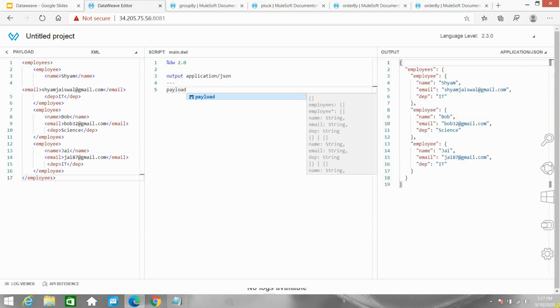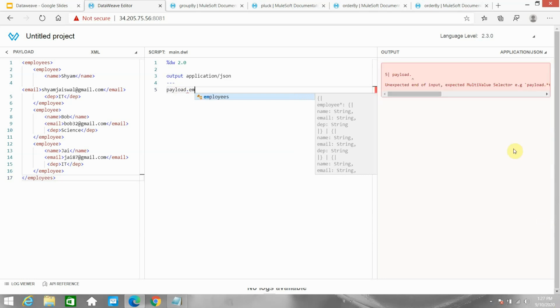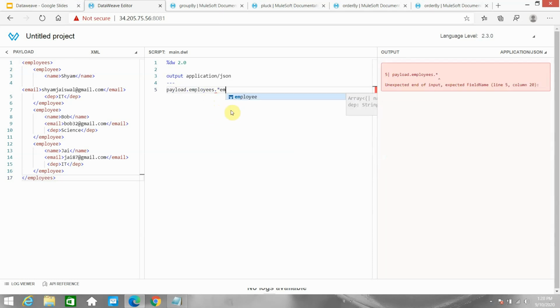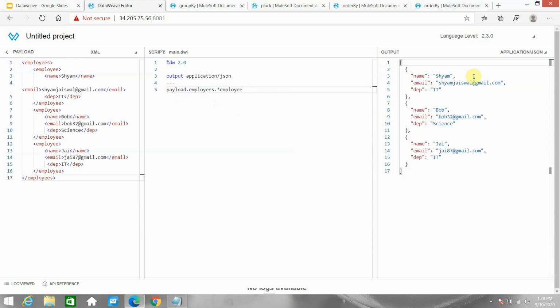Now I want to group these employees on the basis of the department, so I can say payload dot employees. This is my first tag. Under employees there can be multiple employees, so star employee. You can see there are three objects in a single array.